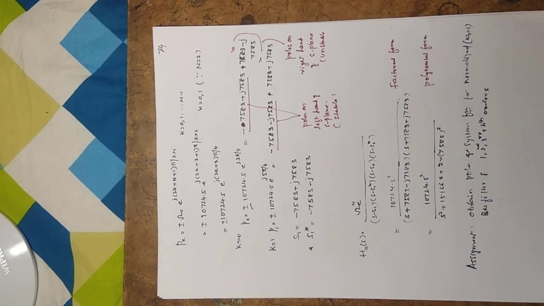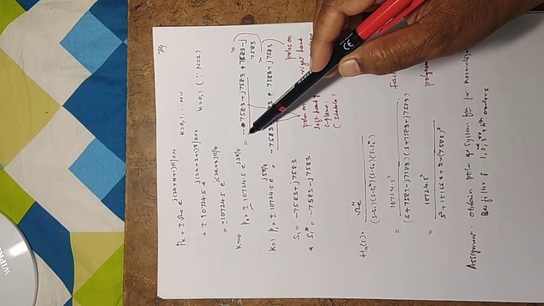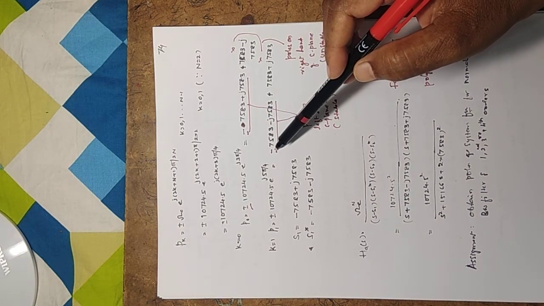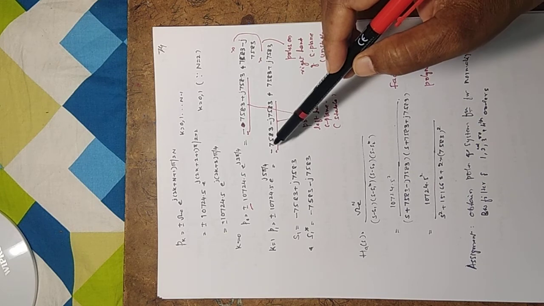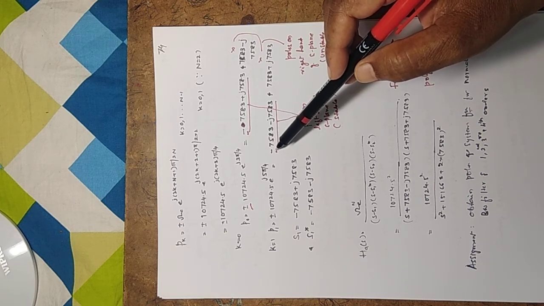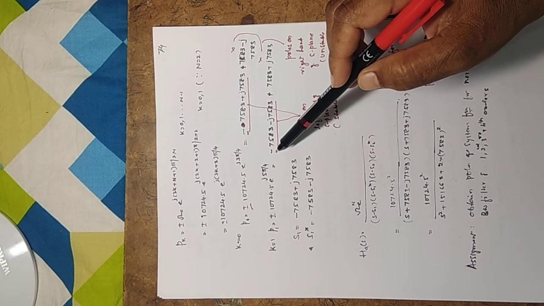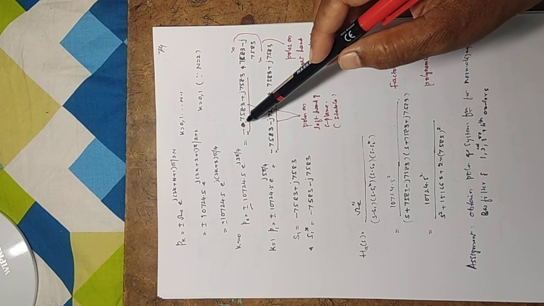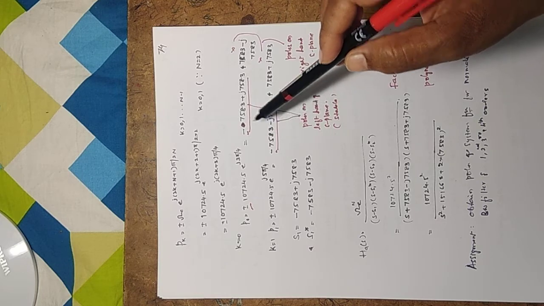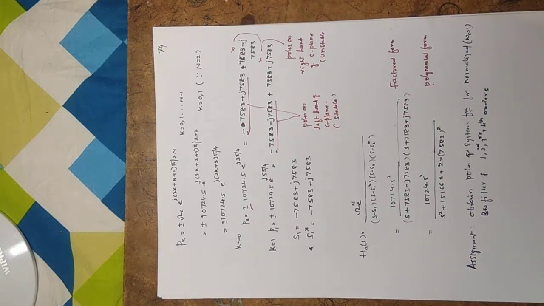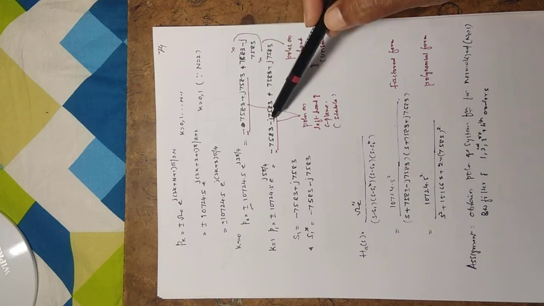Now, which one is to be considered? Here you have two values, here also you have two values. If you see the sign, this sign indicates the pole is on the left side. The pole is on the left side, and this is on the imaginary axis. So for the stability of the filter, you have to choose poles on the left half of the S plane. And these two lie on the right half of the S plane. We should not consider these. Only these two are to be considered.